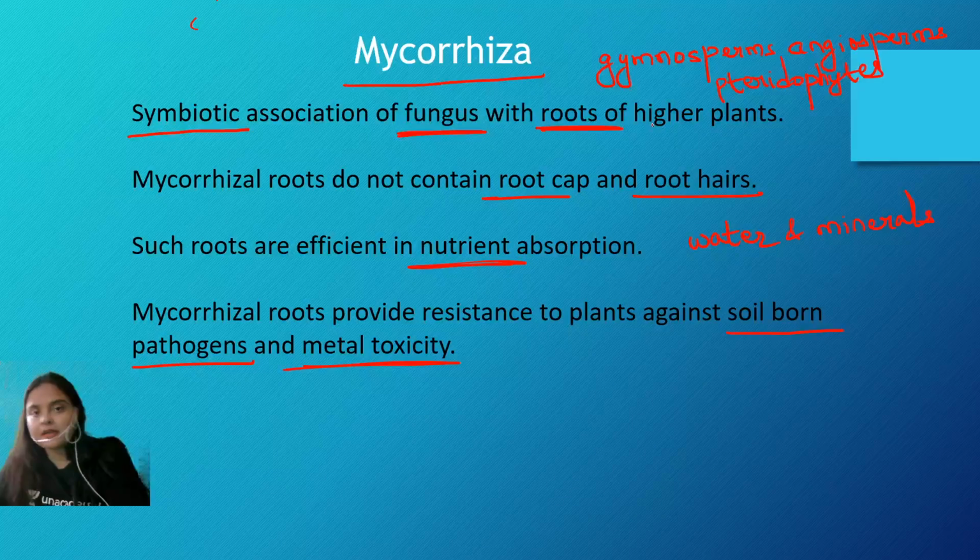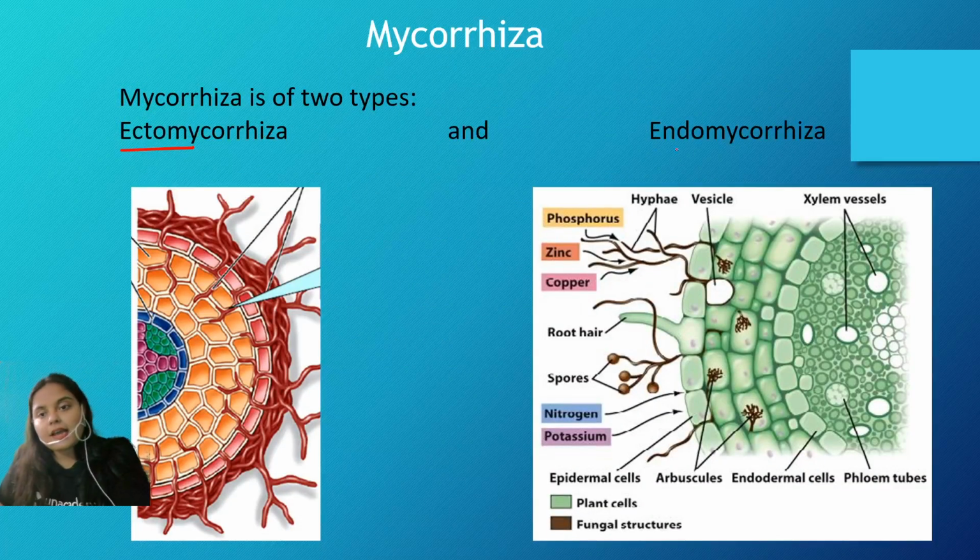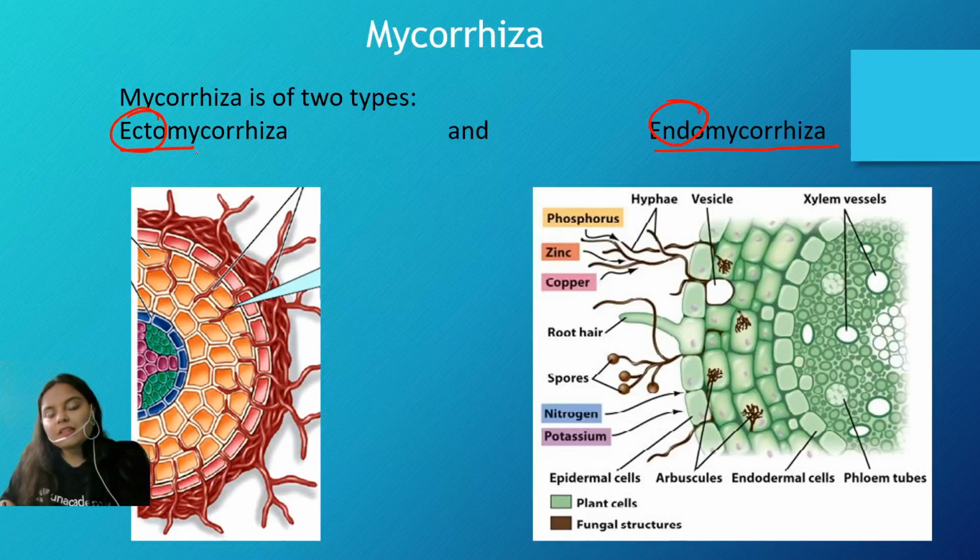roots of higher plants. Okay guys, now mycorrhiza is of two types, ectomycorrhiza and endomycorrhiza. Ecto is out, endo is inside, right? So I have included the images of both types of mycorrhiza, ecto as well as endo, although the endomycorrhizal image is a more descriptive one. But the focus which I want to show you is that in the case of ectomycorrhiza, the fungal hyphae